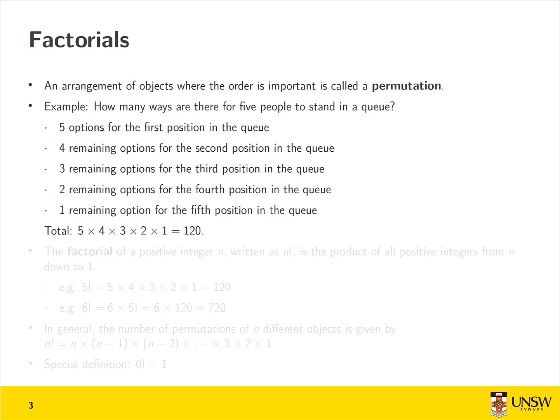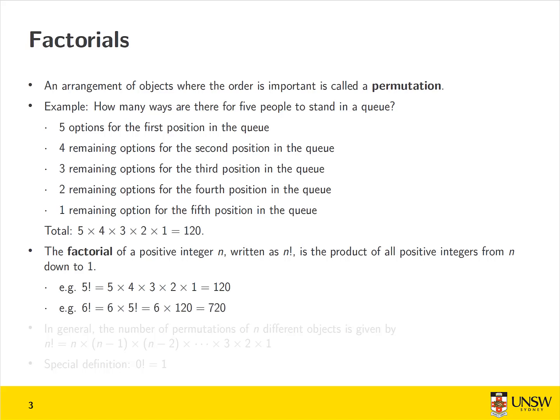Because each of these events occurred together, the multiplication law applies, and so the total number of outcomes is 5 times 4 times 3 times 2 times 1, or 120. In general, the product of all the positive integers less than or equal to a number is known as the factorial of that number. The factorial of a number n is denoted by n followed by an exclamation mark. For example, 5 factorial is 5 times 4 times 3 times 2 times 1, which we just saw to be